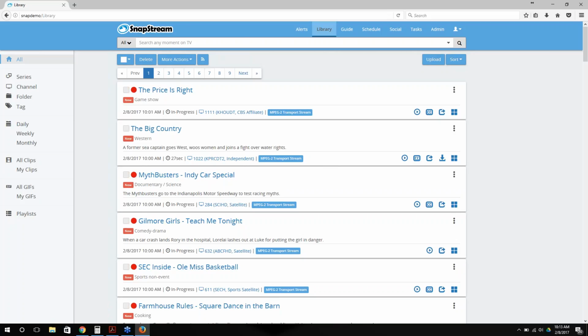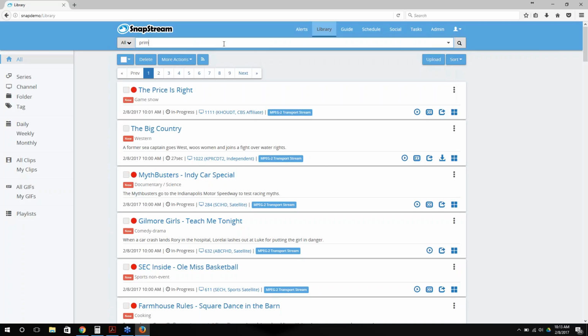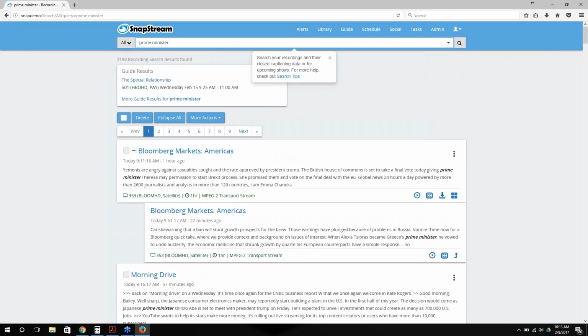To easily search for anything, we can simply come up here to our search bar and just start looking for mentions of, say we're looking for Prime Minister Justin Trudeau. I can easily type in the words Prime Minister, and as soon as I hit enter, you can see that SnapStream automatically starts looking for mentions of the Prime